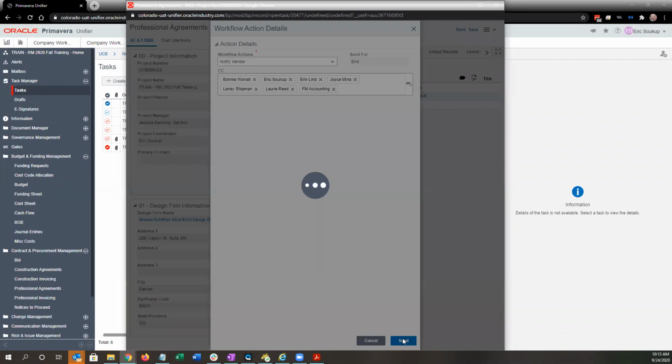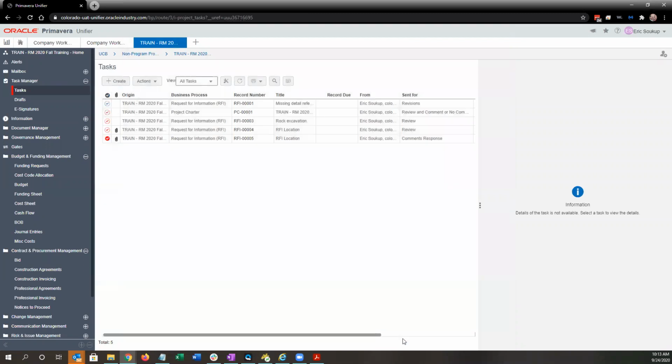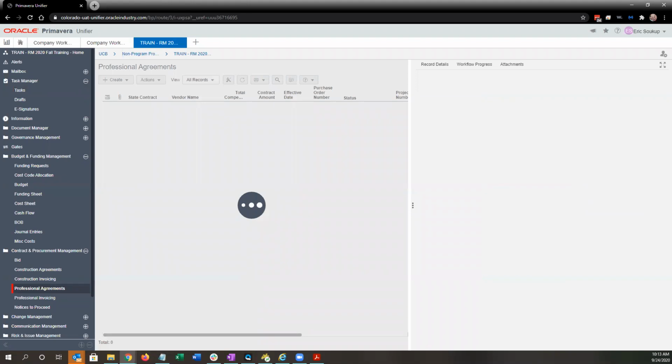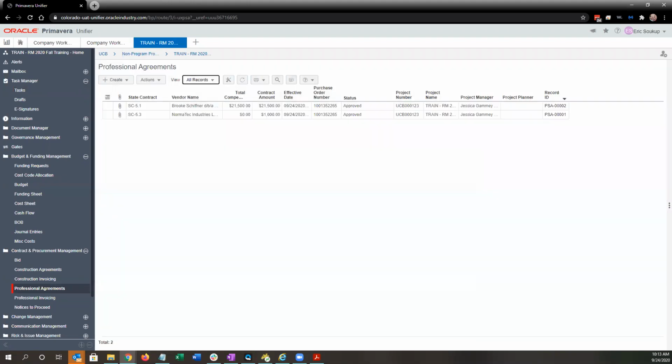And now Unifier will store these attachments into the document management in Unifier. So ideally you would have the appropriate file and file names there, and not just grab something from your desktop like I did. And that is the professional agreement. So I'm going to go ahead and unmute